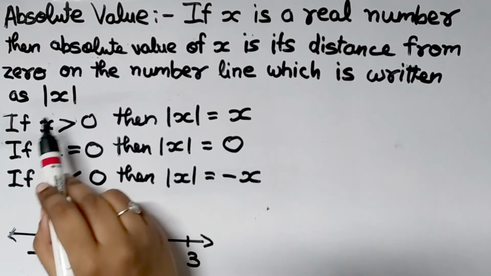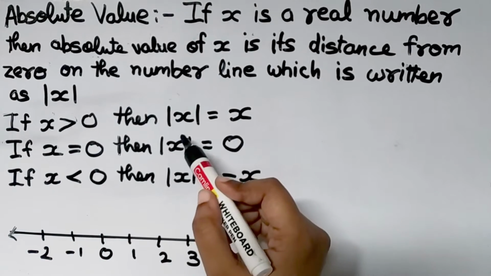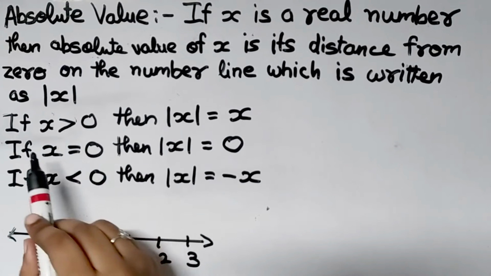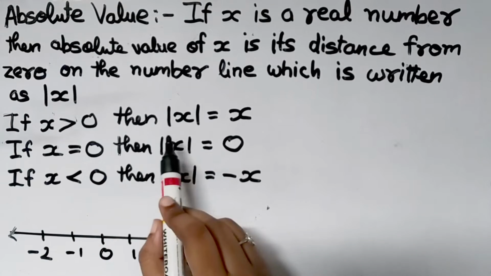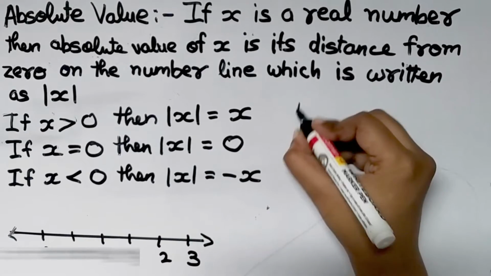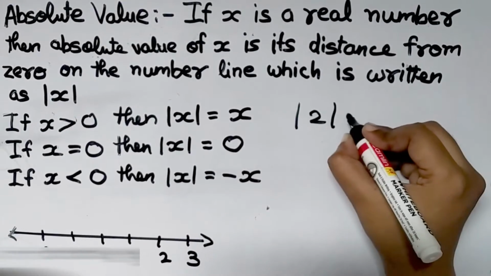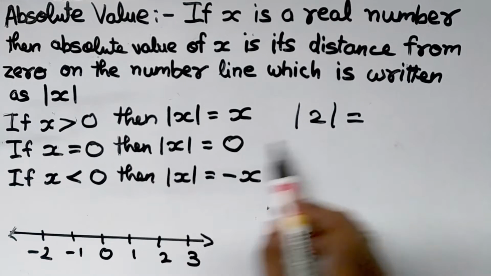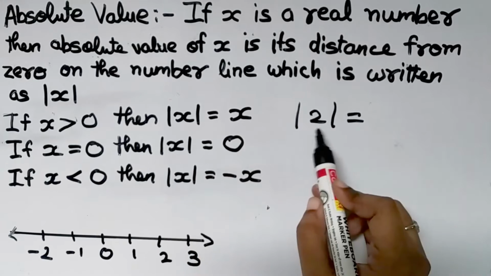Now the absolute value of x, this symbol, is called modulus of x or mod x. If x is greater than 0, then the absolute value of x is equal to x. Here, the absolute value of 2: 2 is greater than 0. Therefore the absolute value of 2 will be